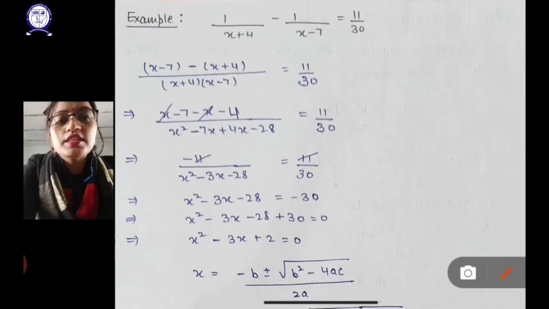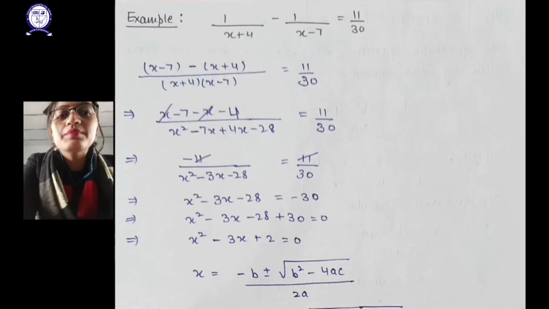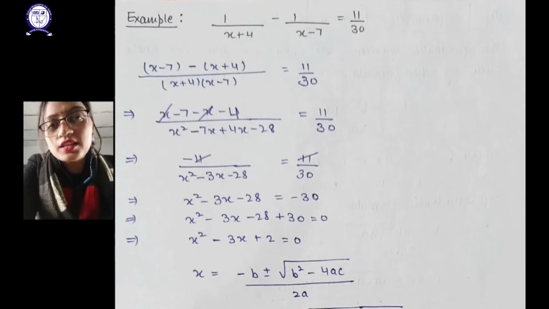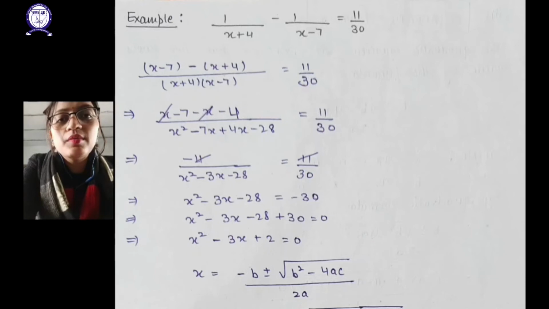Now here you can see that we have 11 on the LHS and we have 11 on the right hand side, so we can cut both of them. Okay, so now we are left with minus 1 in the numerator. So when we multiply that minus 1 with the 30, we will get minus 30. Always take the signs very carefully, because otherwise the question will go wrong. Okay, a single sign of plus or minus can change the complete answer and the answer will become wrong. So always do these questions very carefully.